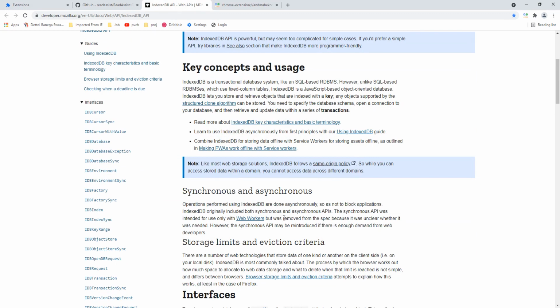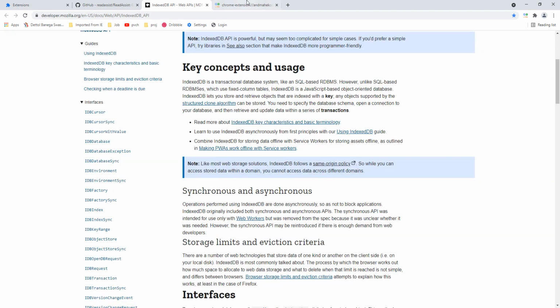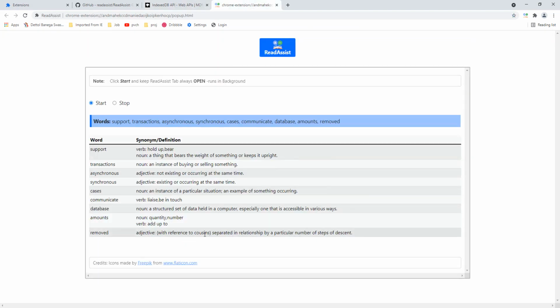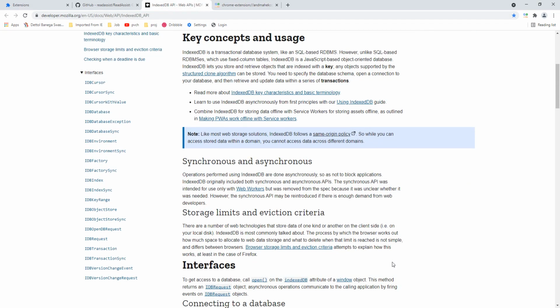As you can see, I click on the word removed, highlight it, right click and click on get quick synonym. Yes, I got that captured exactly as described.